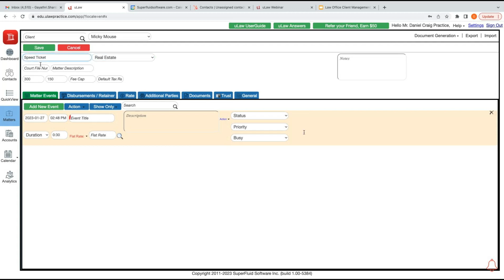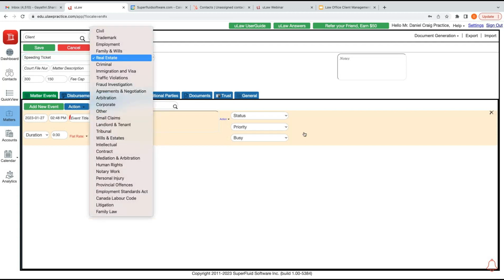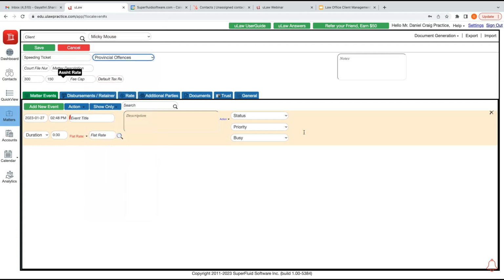Let's say this is a speeding ticket, or probably a divorce file, or whatever is the area of practice. You need to make sure to give them the details. If there's a court file number, you give that. If you want to describe the matter, you can give that. So this is a part of the client intake as well,